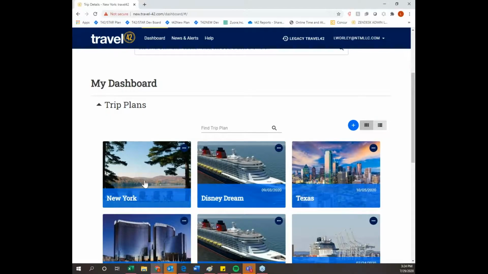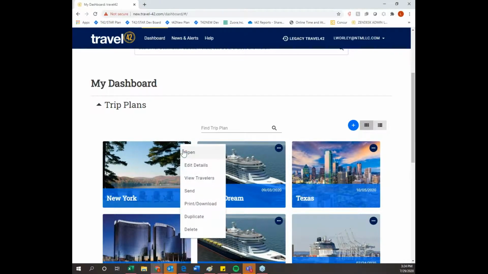I can simply log in. I'll notice my New York trip plan here. You'll see the 3 dots are located here as well. So I can click on the 3 dots. I can open the trip plan, edit the details if I needed to change the name of somebody or change the name of the trip plan, view the travelers that I have on the trip plan, send, print, download, duplicate,